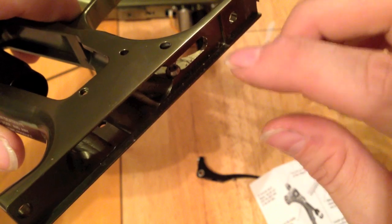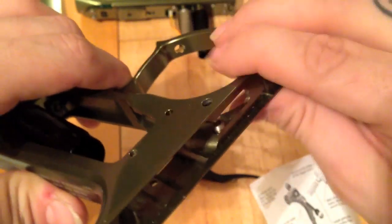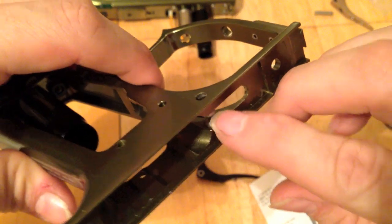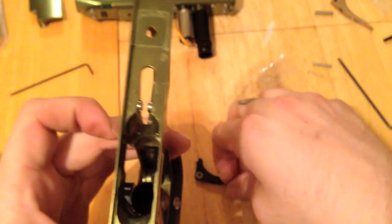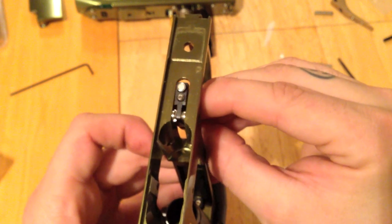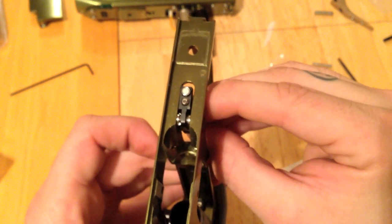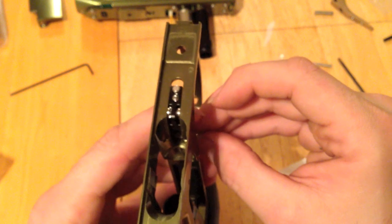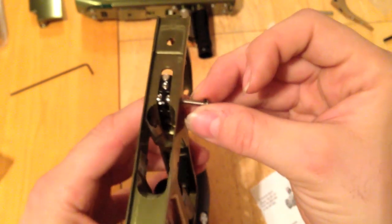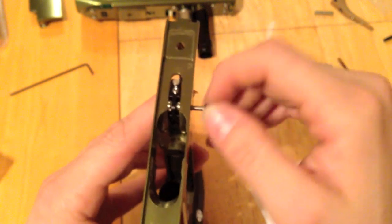And then once you get the one side, you flip it over to the other side, just kind of hold it, and then you get it. It's not too hard. And once you get them in there, then you can get ready to insert your trigger. And this is what makes the trigger nice and tight, so it doesn't have that slop side to side. And then you just slide it, get your screw in there,